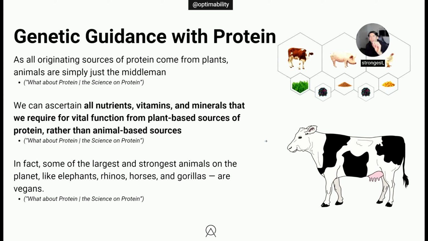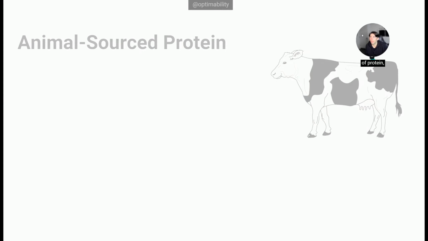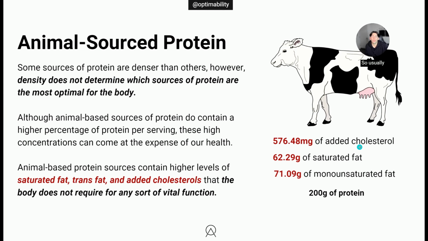So the strongest, biggest, and largest animals on this earth are elephants, rhinos, horses, gorillas. All these big animals, they don't eat meat, right? So how do their muscles grow? They get it from plant-based sources of protein. And we're going to dive deeper into that. So usually with plant or animal-based sources of protein, the problem is what's tied into the density associated with the animal-based protein. So